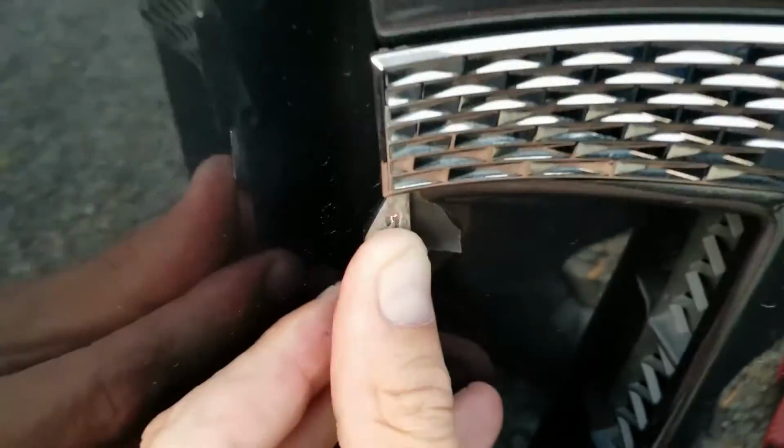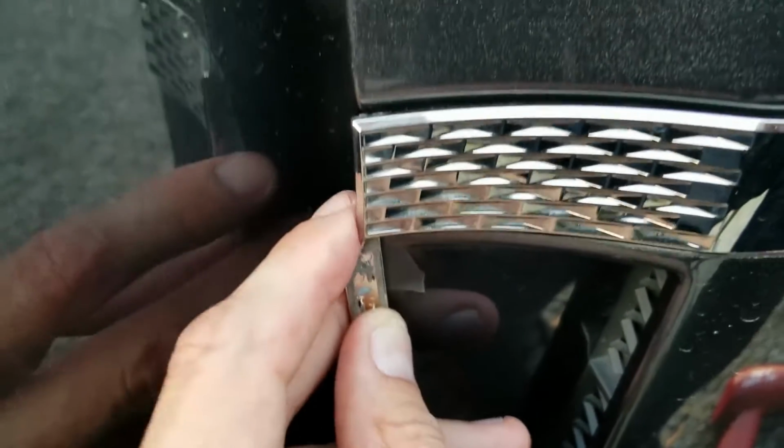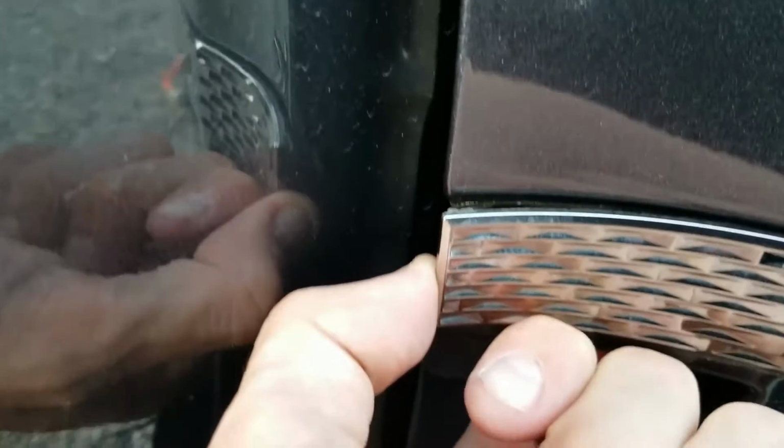Oh, don't anybody tell you that this is super easy to do, because starting it sucks. Oh, yeah, I'm gonna need 2 hands. Alright, now I'm not worried about that corner because it's already messed up, so I just use my little makeshift plastic wedge just to start the rip, because that stuff's got a surface tension that's tough to break, and you're gonna hurt your hands trying to do it all by yourself